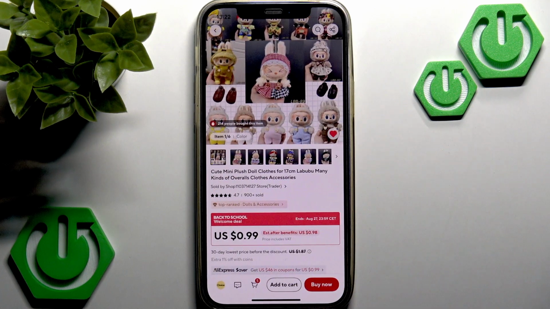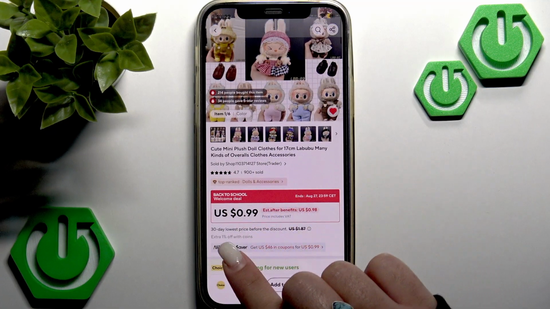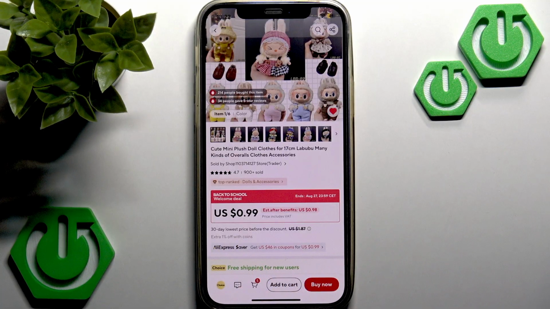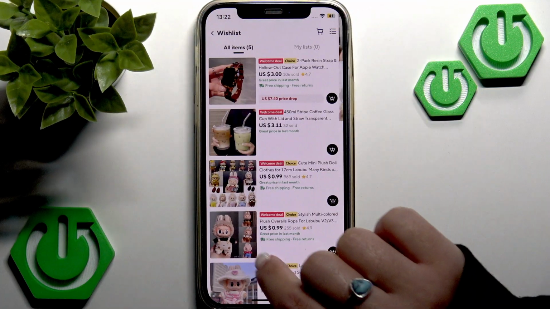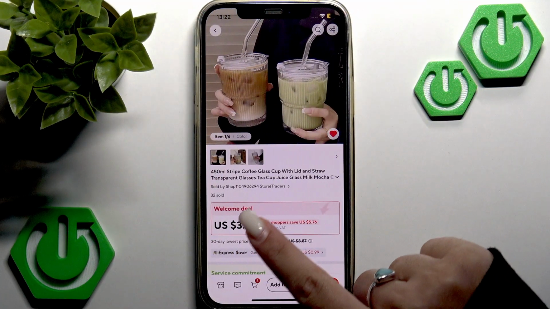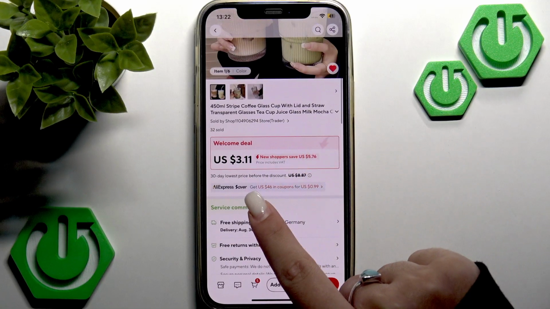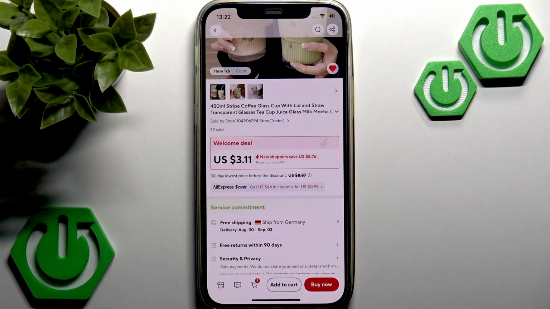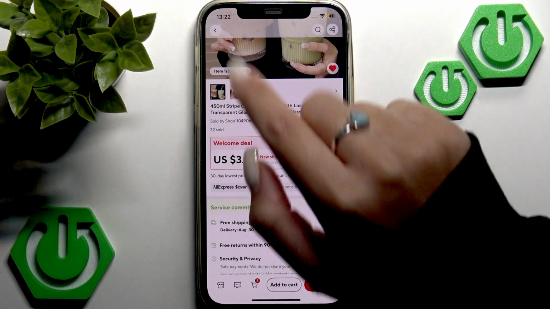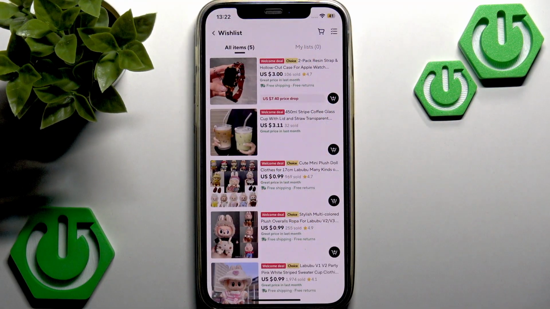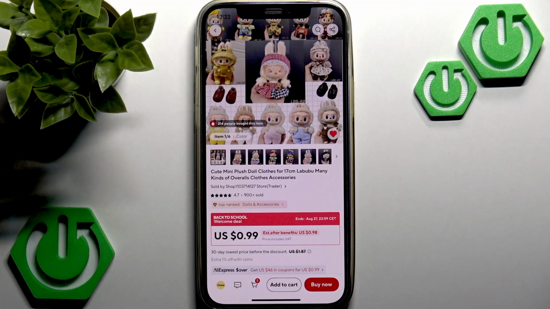So I open this item, and under the photos I should see this line: extra 1% off with coins. And if I go to another item, for example this one, here under the photos I do not see such a line. So that means that for this item I will not be able to use my coins. So okay, let's go to this item that does support my coins for my discount, and I need to proceed